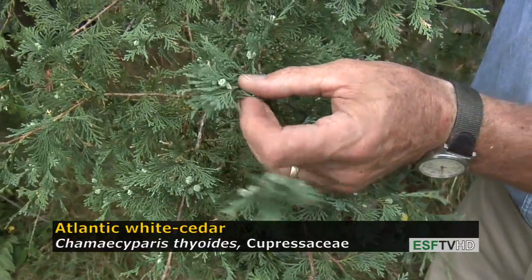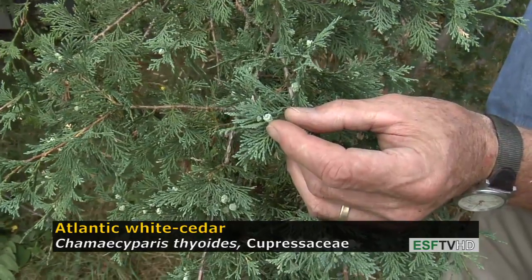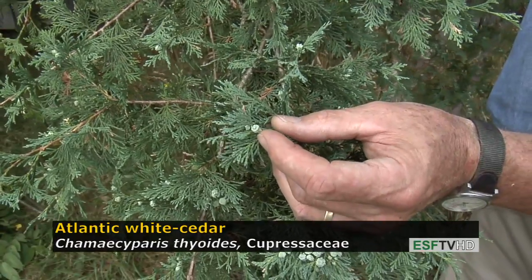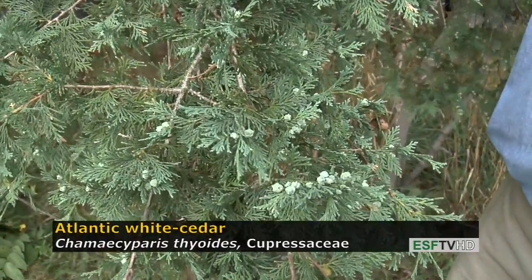The cones are also distinct in that they're typically small, and right now they're closed, but when they open up, they almost look like a raisin that's opening up. And in the case of Chamaecyparis thyoides, the cones are very glaucous, as is the foliage, that white waxy blue